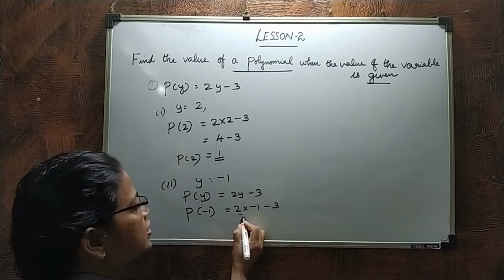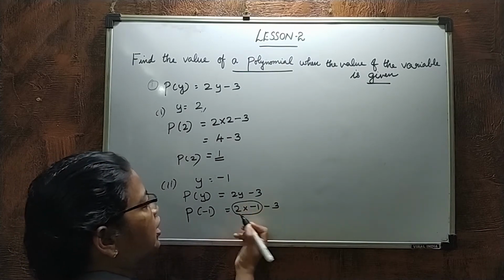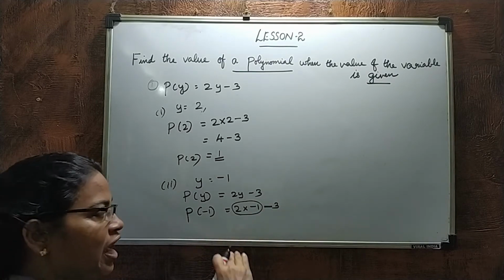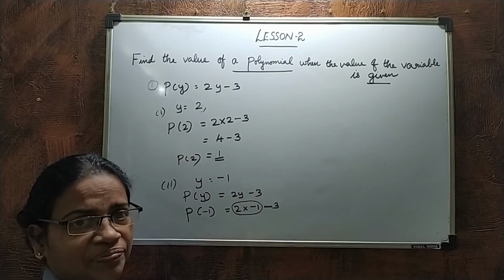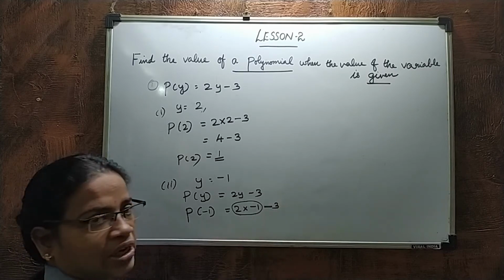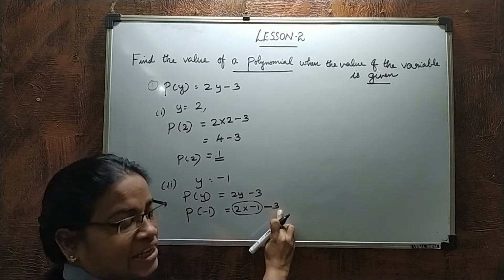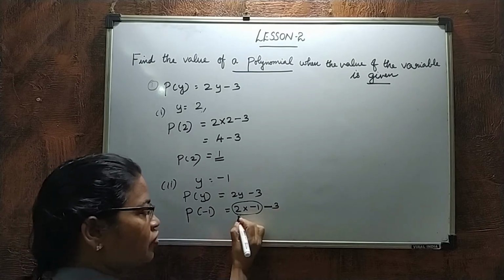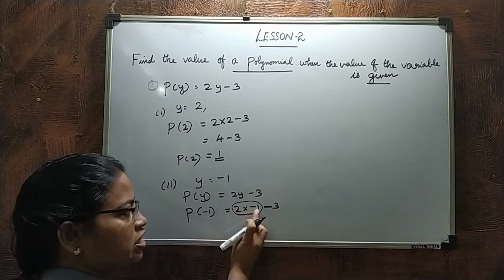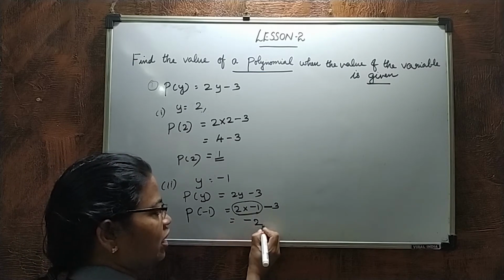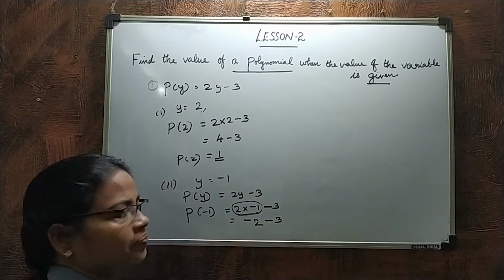Now, look, this is one family together. Here, where one subtraction or addition comes, the 3 is the other family. Clear? This is the first family, then here subtraction, and then this is the next family. So, here first you finish the connection between these two. So, here 2 into negative 1 is negative 2 minus 3.